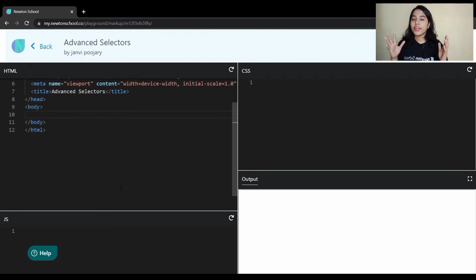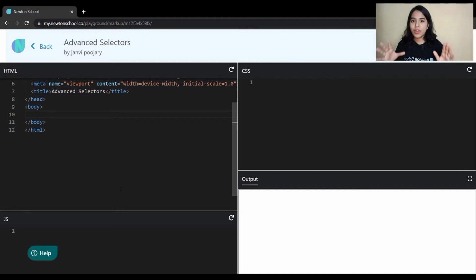So what are advanced selectors? In advanced selectors, you can see a variety of selectors over here, as you can see on the screen. For example, the main one is the combinator selector. And what exactly does combinator mean? It specifies the relationship between each other, like whether 2 or 3 selectors are selected together, then what is the relationship between them. In that way, that particular element will get selected.